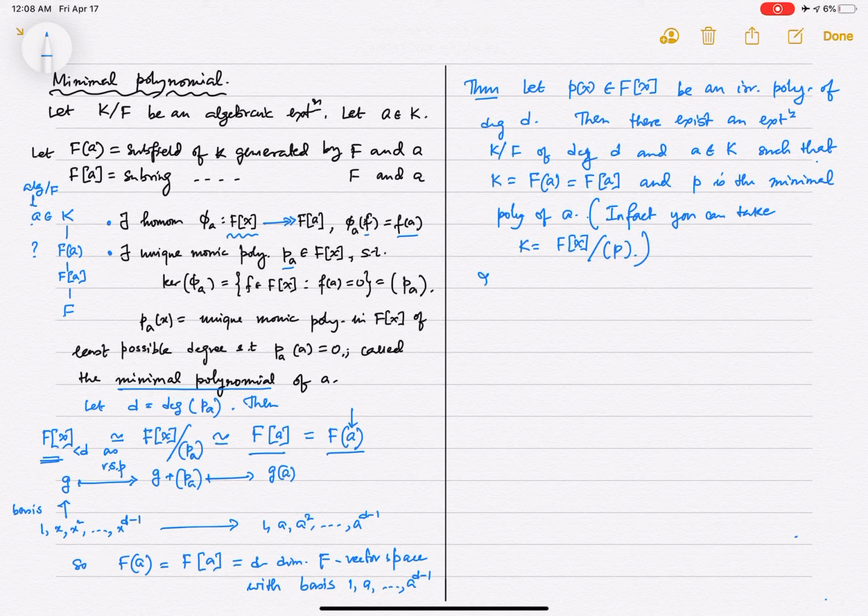So indeed, if K equals F(a) and K prime equals F(a prime) are two extensions by adding single algebraic elements such that p is the minimal polynomial of both a and a prime,